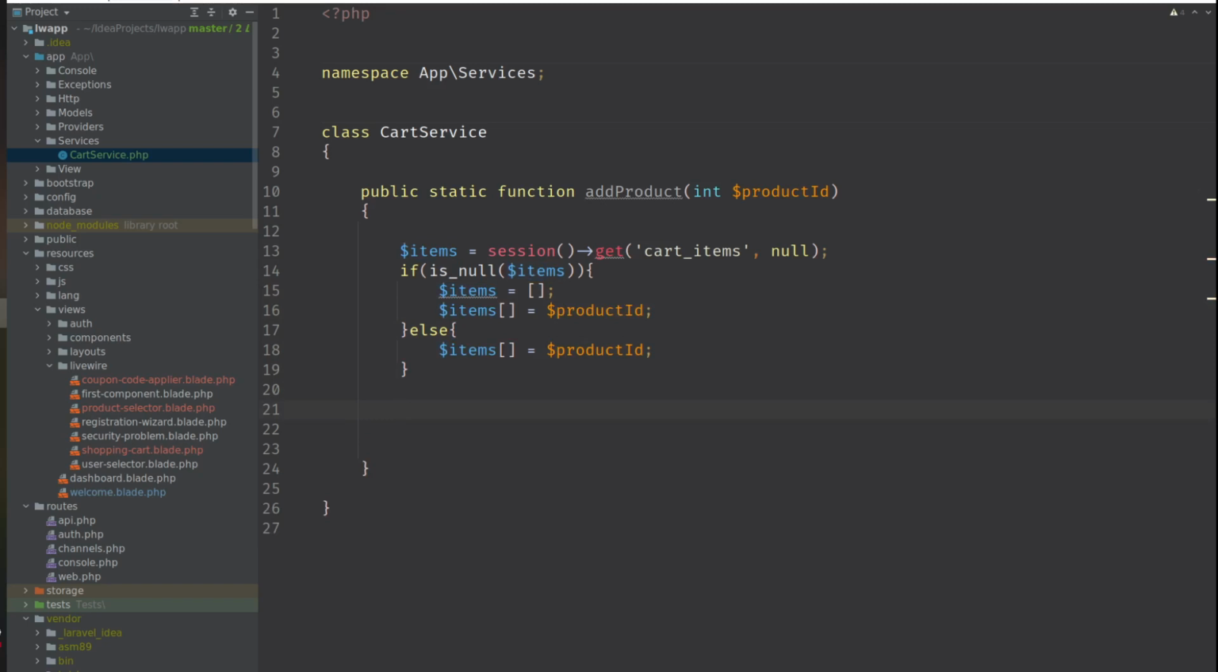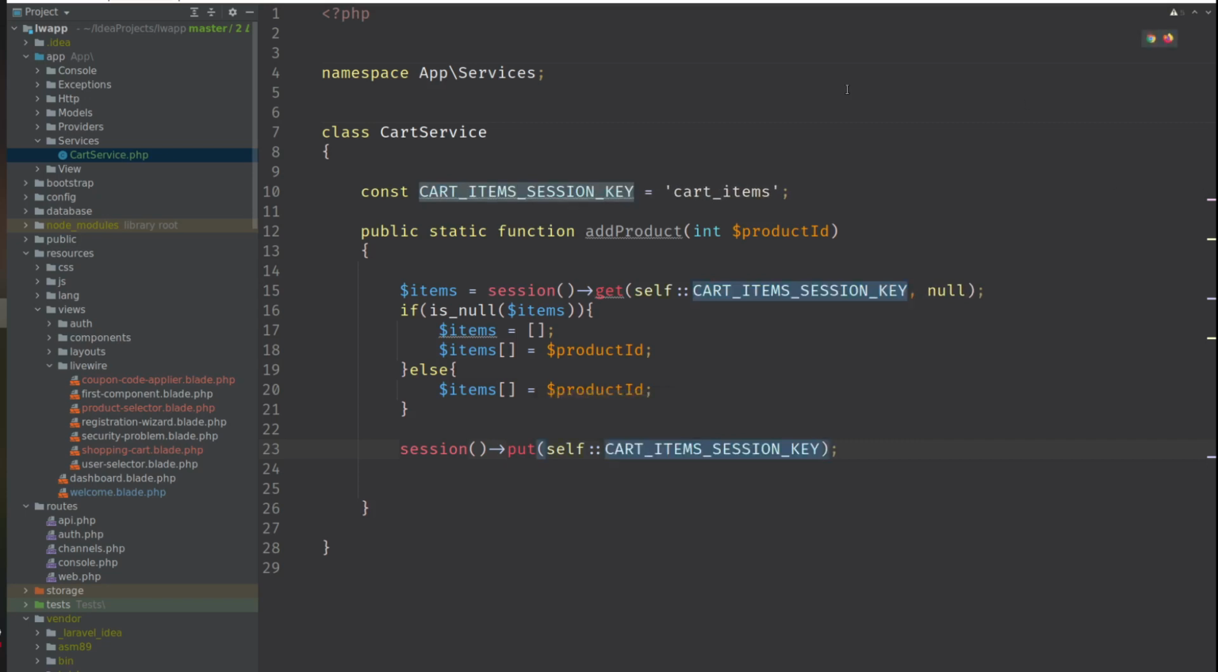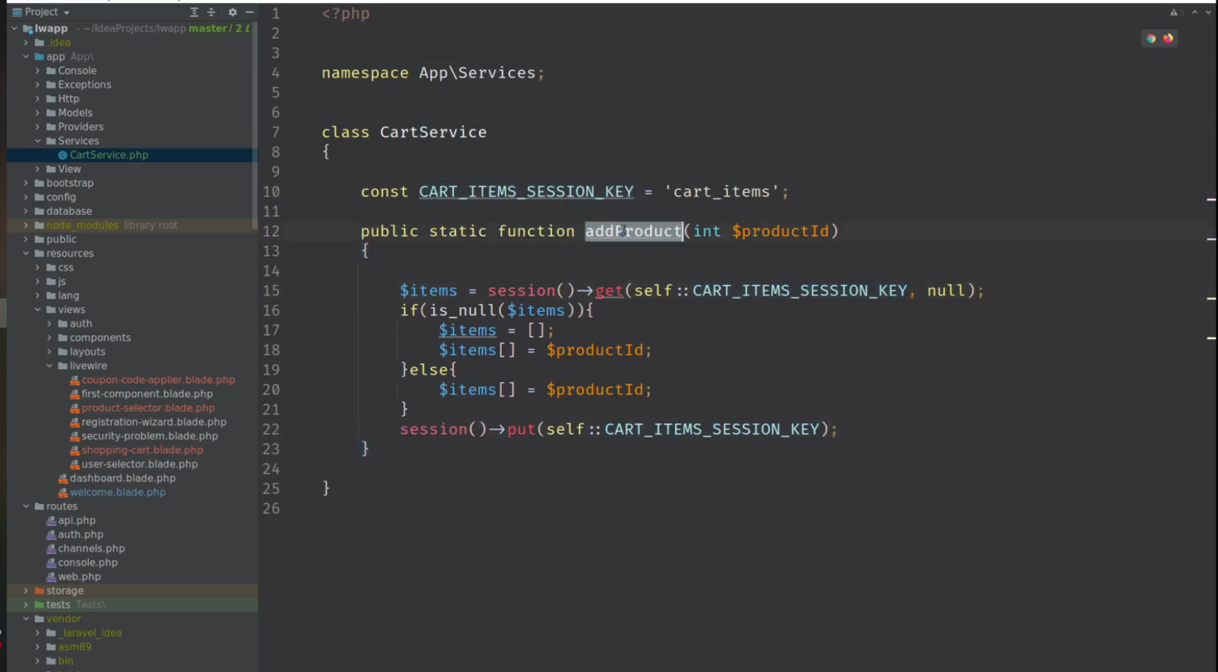And then we do session put. We add it to the array. Items. This is not magical. This is whatever you want it to be. And we're gonna make a constant out of it, so you can do whatever here. It doesn't really matter. It just needs to be the same each time you access the session. So this is going to add a product,